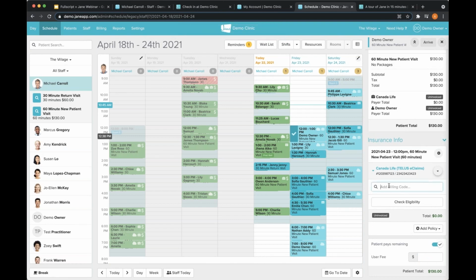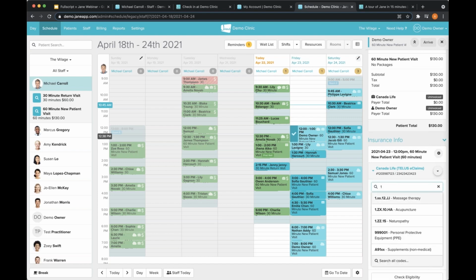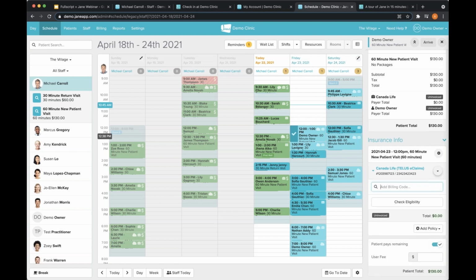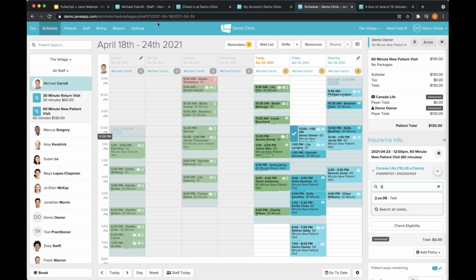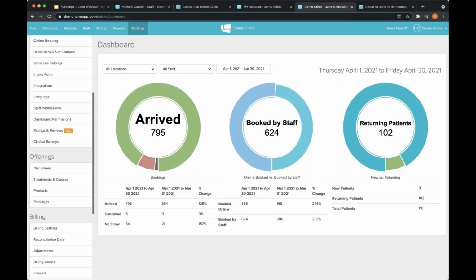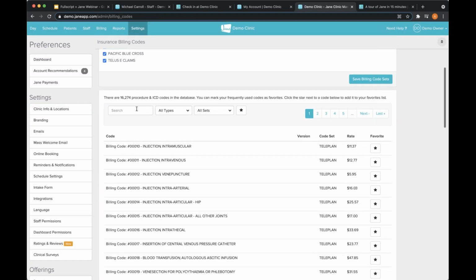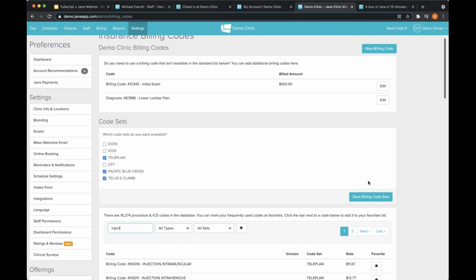So I can then enter in billing codes here, say 12345. Excuse me, I've been working on the US side of things, so my billing code knowledge isn't that great. I'm not a doctor, I will say that. But any sort of billing codes, whatever you have, you can set these up in our settings, into our billing codes, and you can then find whatever billing code you might need. Type in injection, something like that, and you can see everything with injection in it. You can add it to your account and how much Teleplan is going to pay for that too.